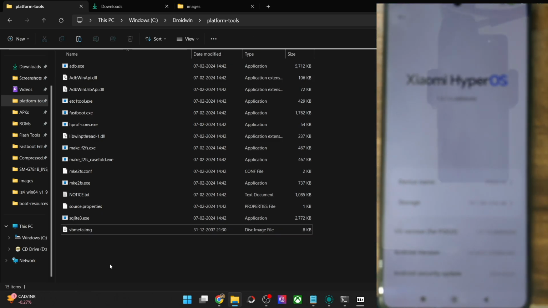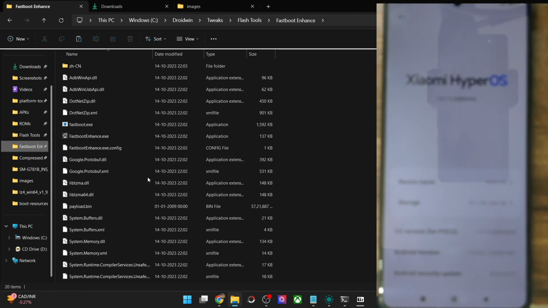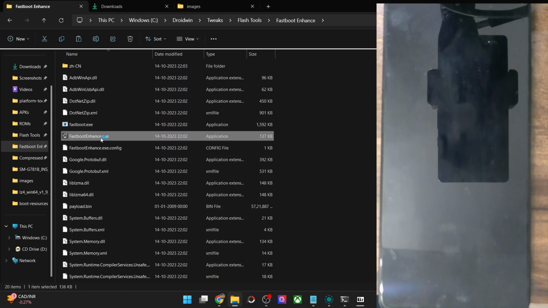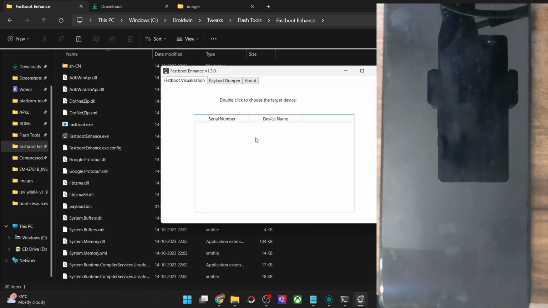Then if you talk about OnePlus phones, they usually have the firmware in a zip format, but after the extraction you will get a payload.bin file. So you will have to get hold of the Fastboot Enhance tool, then transfer the payload.bin file from the stock firmware inside the Fastboot Enhance tool. Now launch the Fastboot Enhance tool, and it will take a few seconds to load. In the backend, the GSI ROM is also being extracted, so it might take a little bit longer to launch the tool. It will not be the case if you have already done the extraction, then it should not take that much longer. But since a couple of things are going on in the backend, the tool might take a few additional seconds to load. So with this, we are now inside the tool.